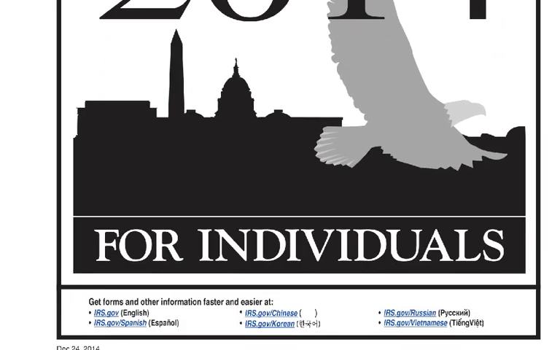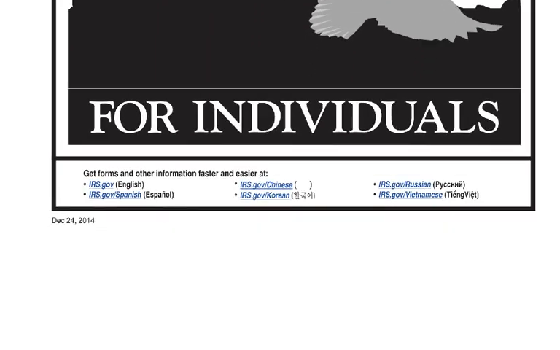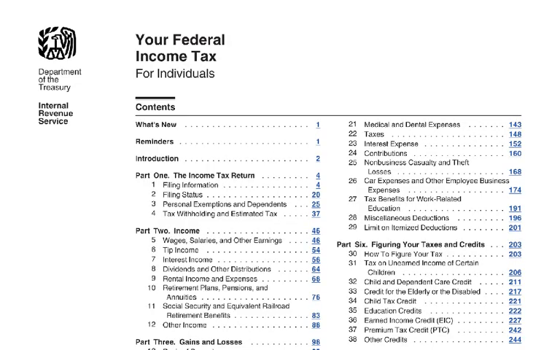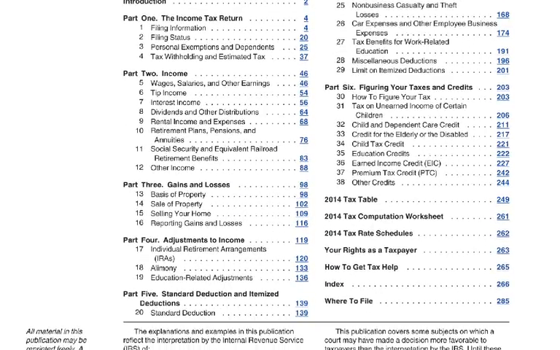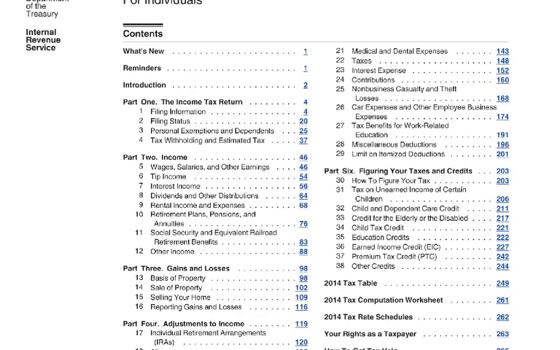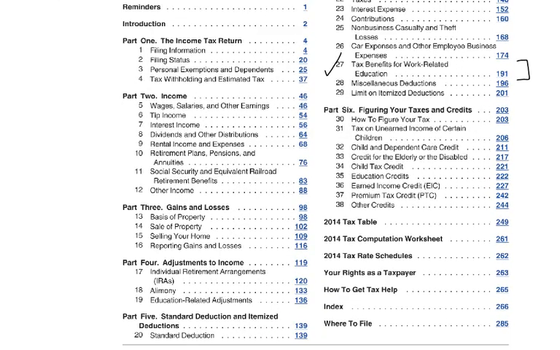So this tax guide, if we go down, this is the cover. We see part 5. And as we go through part 5, we see standard deductions. That's not necessarily what we're looking for. Medical and dental expenses, taxes, interest expense, contributions, non-business casualty and theft losses, car expenses. Nope. Wait a minute. Here's 27, tax benefits for work-related education. Bingo. That's what we're looking for. So let's move